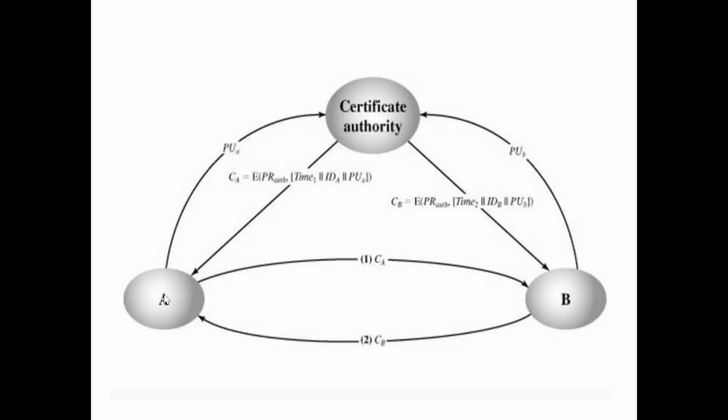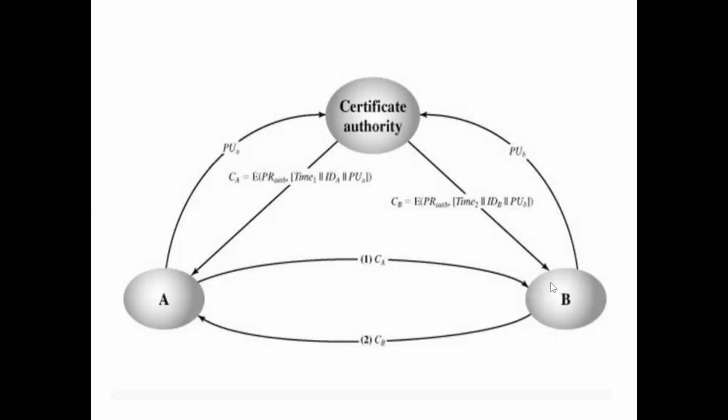Then the initiator decrypts that certificate and sends the request to the responder: this is my certificate, I am an authorized person in the network, I want to communicate with you. The initiator sends the request to the responder.